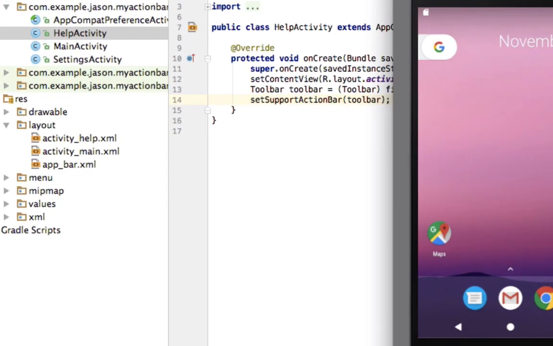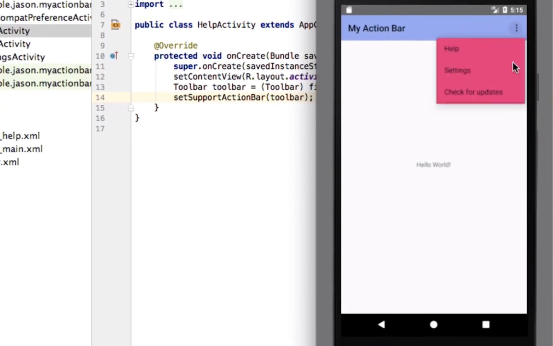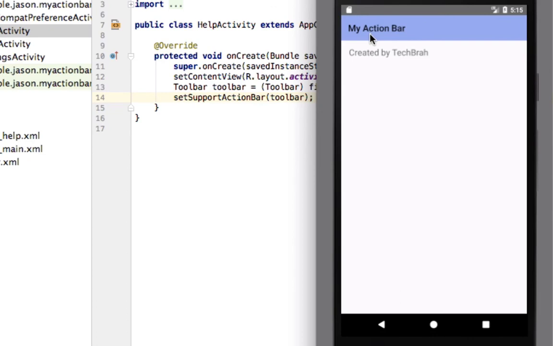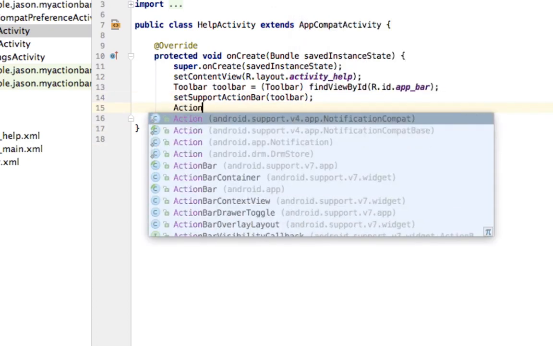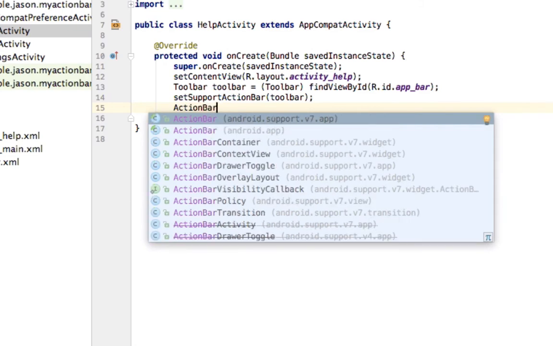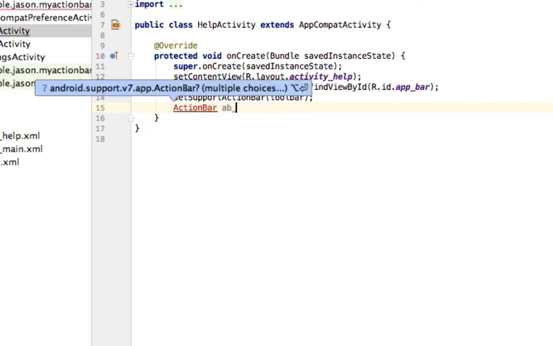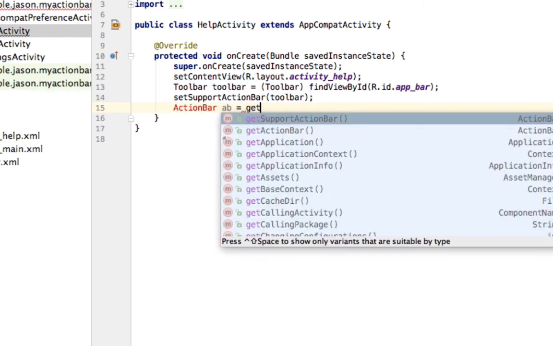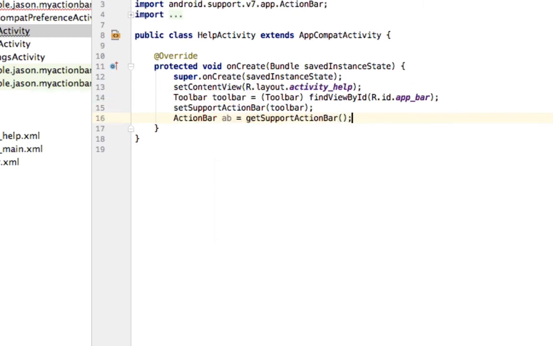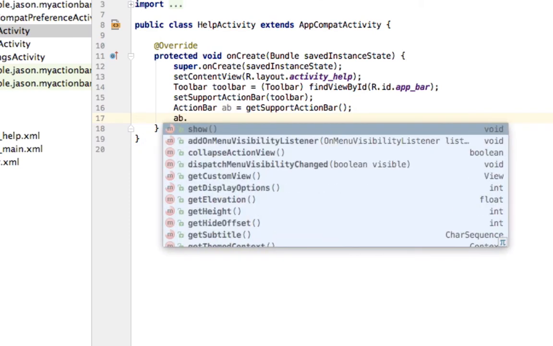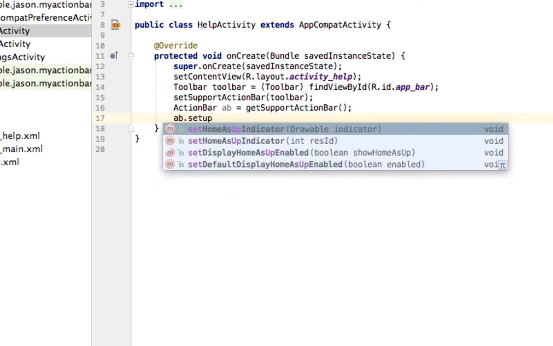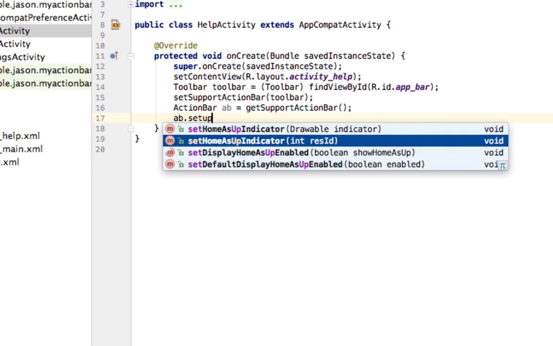Now, if we run this, we have a help and an action bar. But we want a back button. So to get the back button, we must create an action bar object. We're just going to name it AB. And it's going to be get support action bar. Okay. Now, for that AB, we're going to set home as up indicator